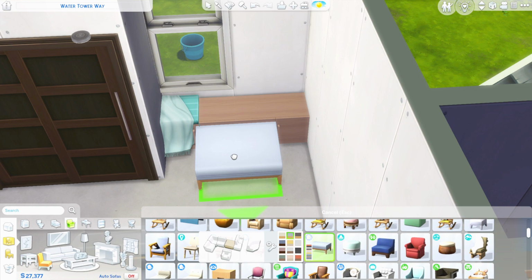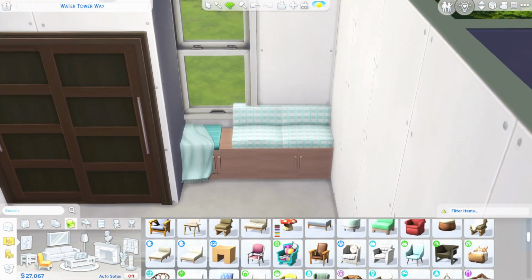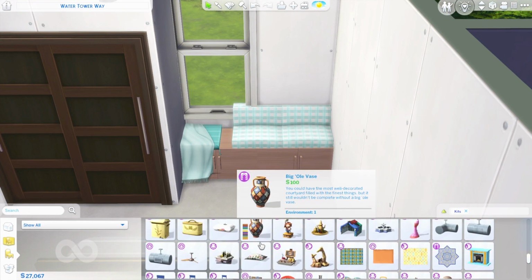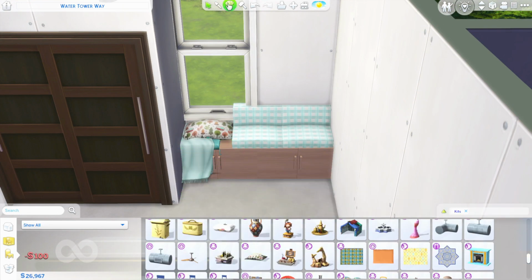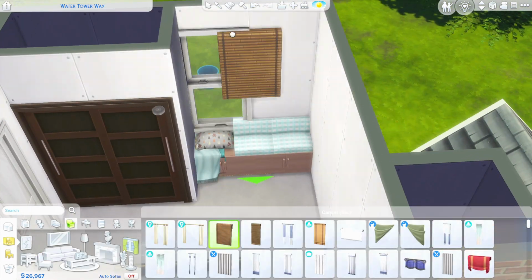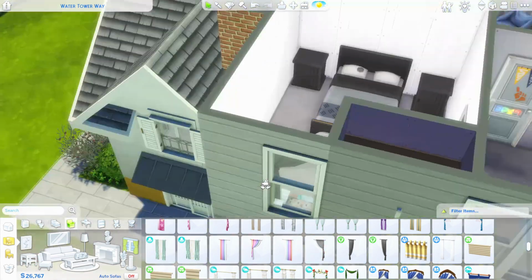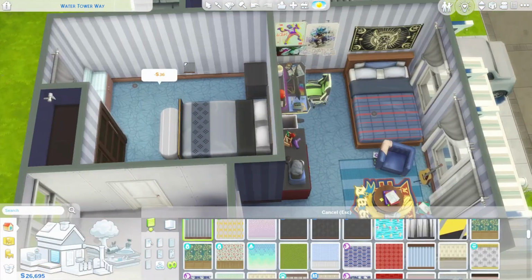I decided to make this a seating area come ottoman. I mean, I guess you can actually sit on ottomans, right? But it looks a little bit built in, in my opinion, apart from the fact that there's a missing chair. I really wanted to use that